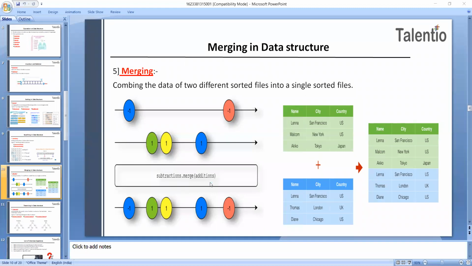So what I'm going to do is combine this 1, 1, 1 into these subtractions. I'll just take these elements and put them here. In this way, you can combine the files of subtractions and additions. This was separate at first, subtraction and addition, but now it becomes single. Keep in mind, merging means we are combining both of the files. Here we have combined all the elements of both data. Is this example clear?